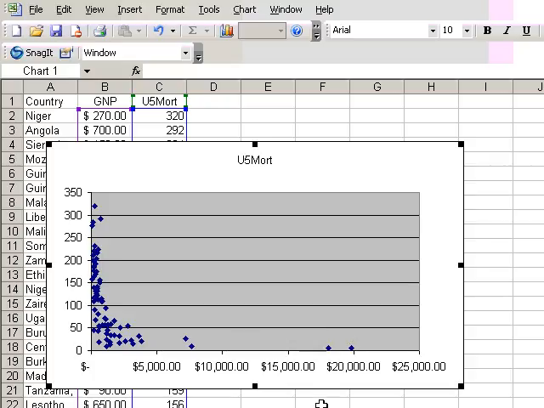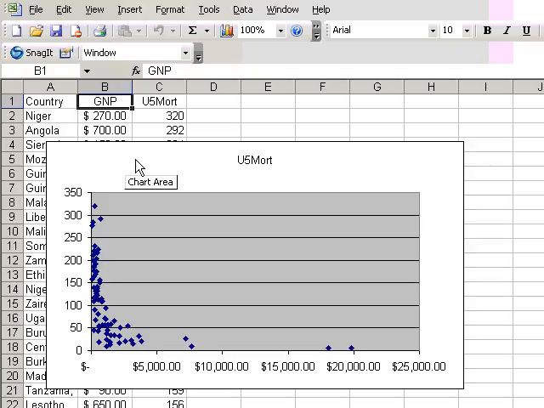A second-degree equation is a regression equation that includes the value of the independent variable, in this case GNP, and the square of the independent variable. These two variables taken together will create what is called a second-degree curve, or a curve that has one change